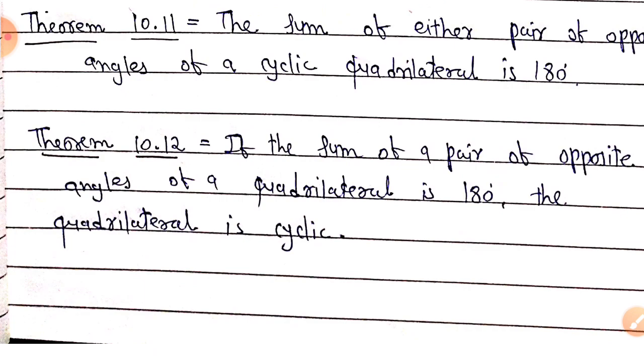So I request all of you students to write down the theorems as well as the parts of a circle and remember all the points, so it is easier to solve the problems of this chapter. Correct, students? So in your homework you have to write all the theories and all the parts and all the theorems explained in the lecture, and in the next lecture we will discuss the examples and exercise of chapter number 10 and complete our chapter.